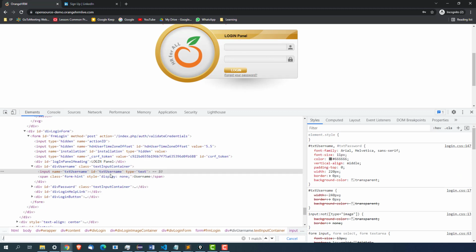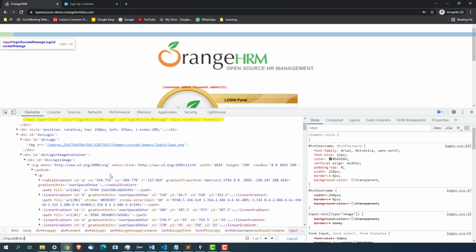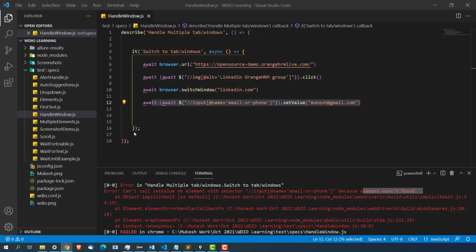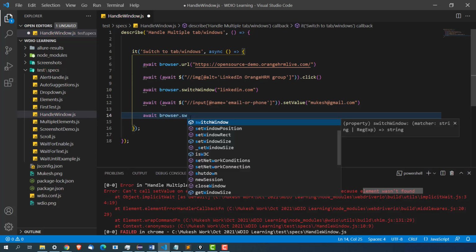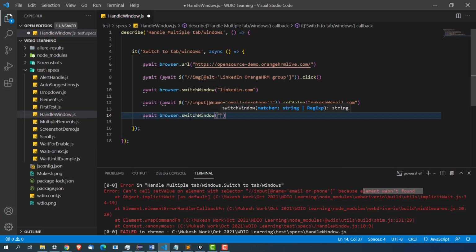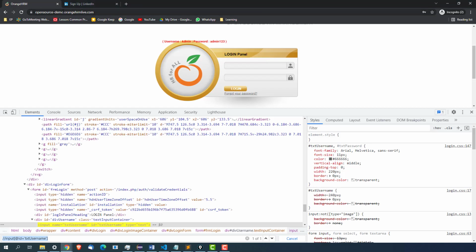So again I will say find the input tag, ID equal to this. I want to go back, right? How can we go back again? I will use await browser.switchWindow.